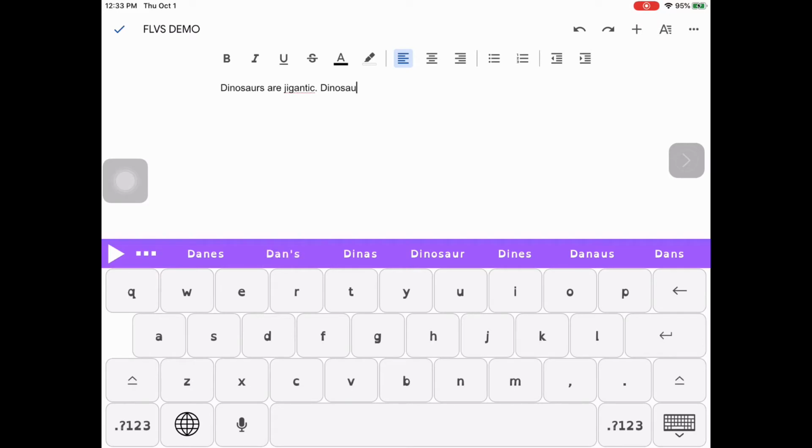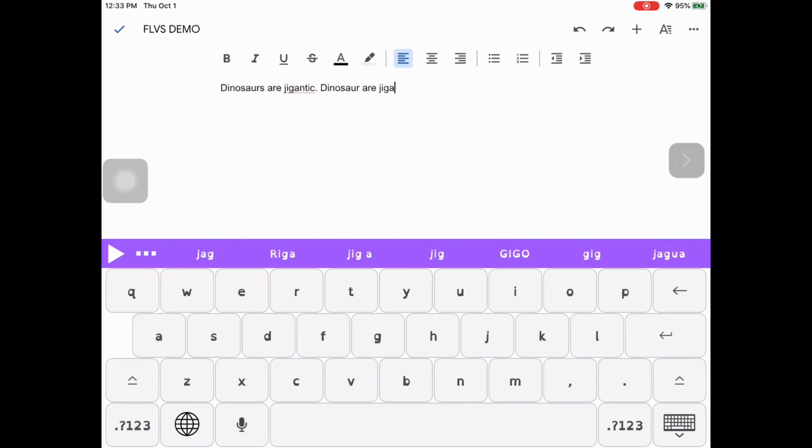Deans, Dans, Dinas, Dinosaur. Dinosaur, that sounds about right. I'm going to insert that word into my text by swiping it up. I used a single finger to swipe it up into the body of the text, and I put it right in. Dinosaurs are